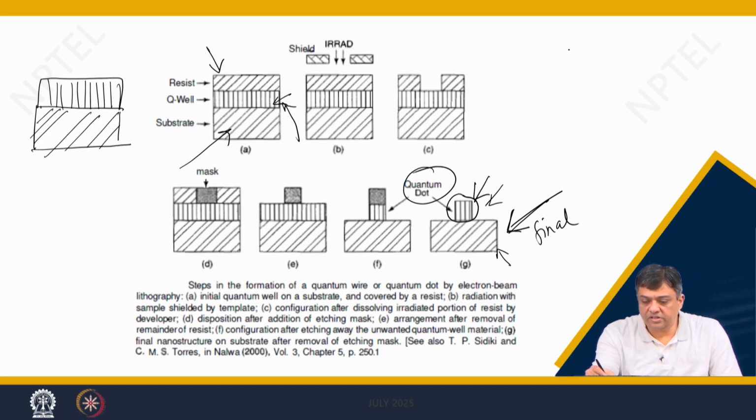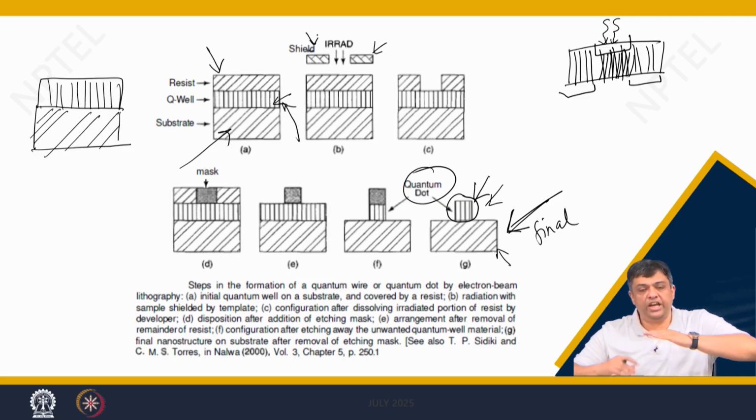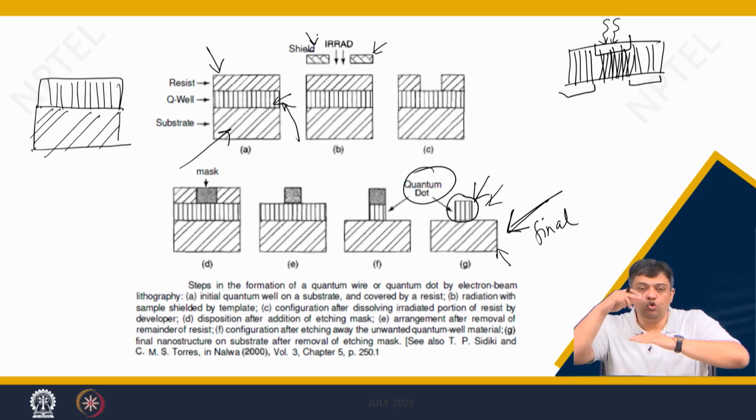So, if you have a resist and the light falls in this region and not in the other regions, then this is the region where the resistance would be slightly different from that in the other two regions. So, this is what we are talking about. Then you use a shield which can prevent the light from passing through when you want to close the process.